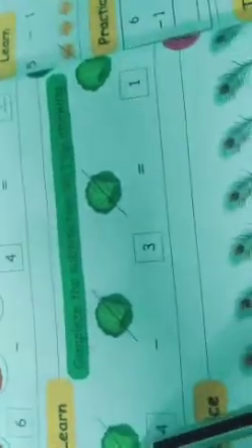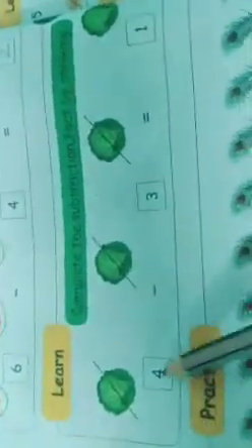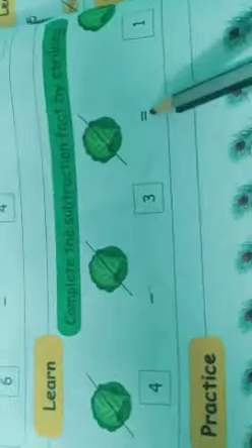Okay. Now, learn. Complete the subtraction by striking. That means we want to strike out, cut. Here, how many leaves are there? 1, 2, 3, 4. 4. Subtraction means minus. So now here, cutting how many? 1, 2, 3. 3 pictures are cut. So 3 equal to, the last box is remaining. Remaining how many? 1. Nothing different. Here we are putting the circle. Here putting the line, cross out line. That is the only difference for this.